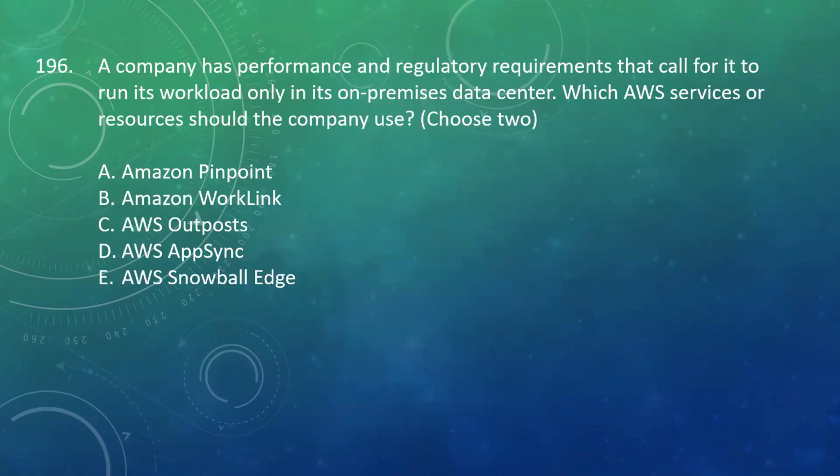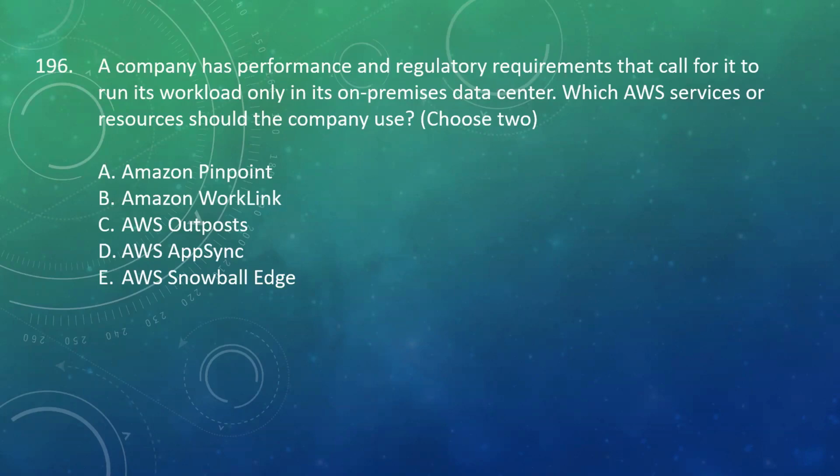A company has performance and regulatory requirements that call for it to run its workload only in its on-premise data center. Which AWS service or resource should the company use? You need to choose two options, and your options are Amazon Pinpoint, Amazon WorkLink, AWS Outposts, AWS AppSync, AWS Snowball Edge. Given the requirement to run the workloads only in the on-premise data center, the company should consider AWS Outposts